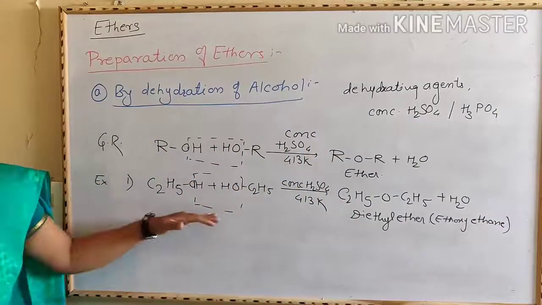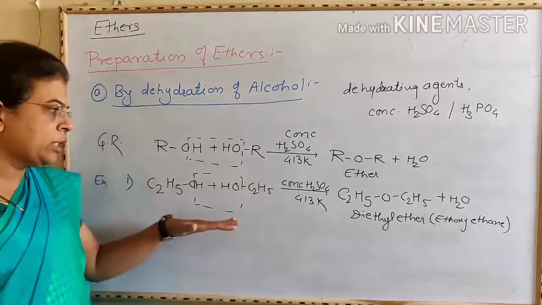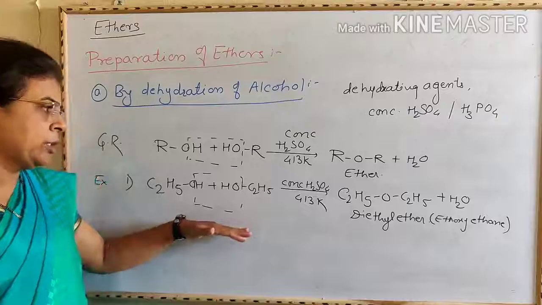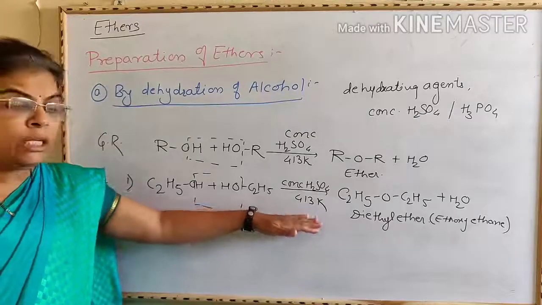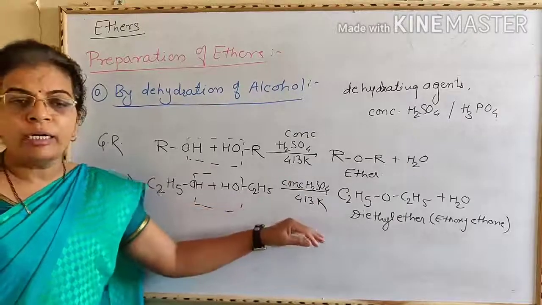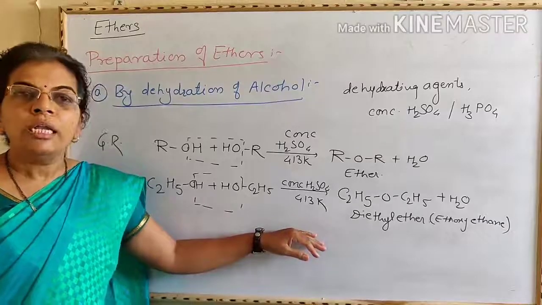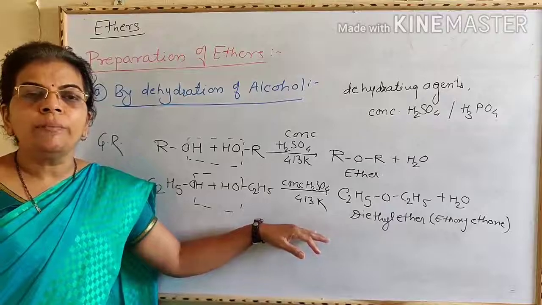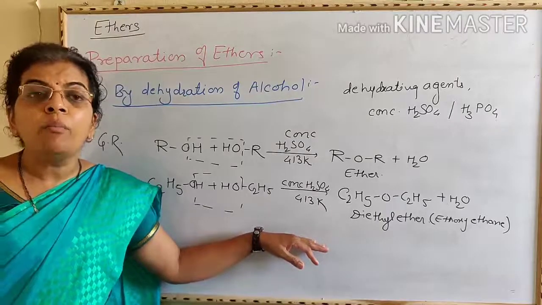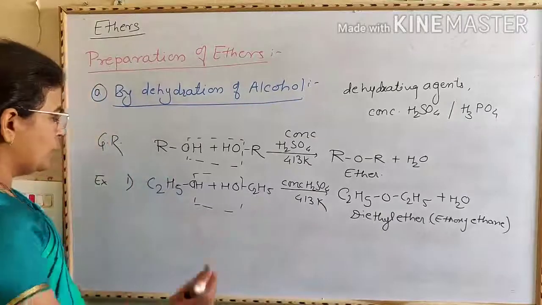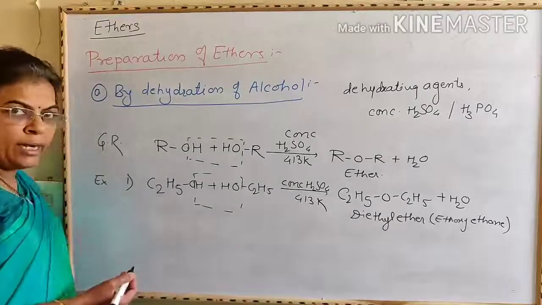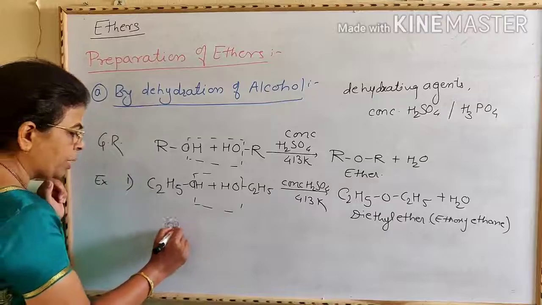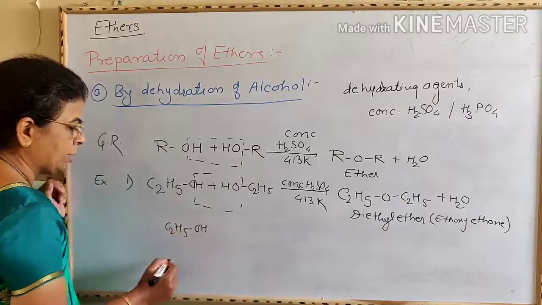This preparation reaction has some limitations. If the temperature is increased above 413 Kelvin, then this alcohol undergoes intramolecular dehydration. How? We have seen the dehydration of alcohol to form alkene. Here this alcohol undergoes intramolecular dehydration like this,